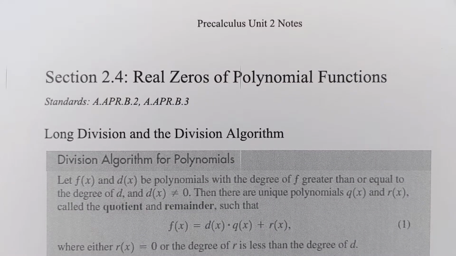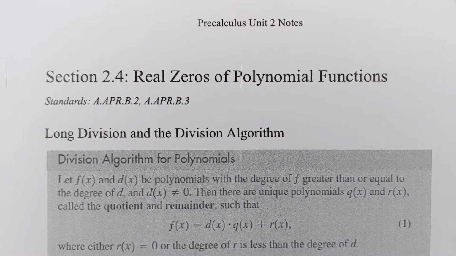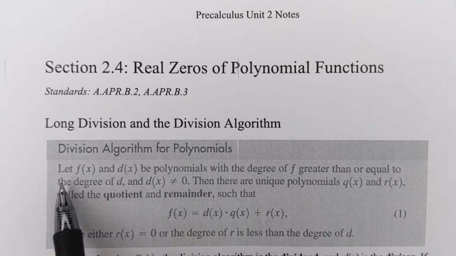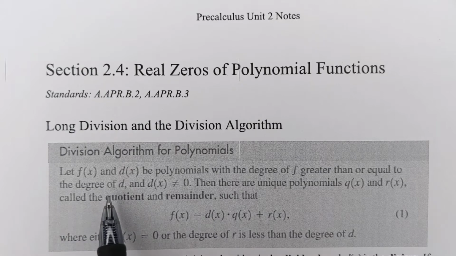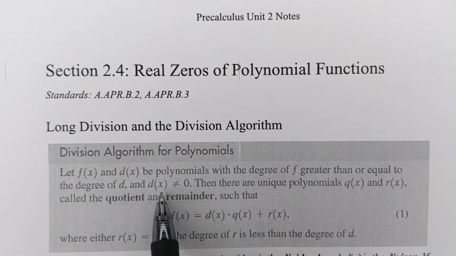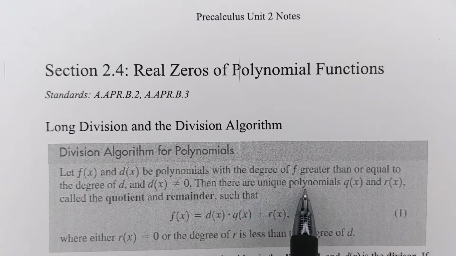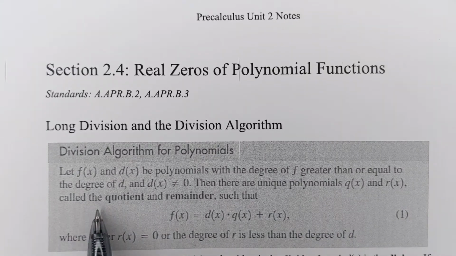Right here, the notes for section 4, real zeros of polynomials. So long division first. Let f of x and d of x be polynomials with the degree of f greater than or equal to the degree of d, and d of x not equal to 0, because you can't divide by 0. Then there are unique polynomials q of x and r of x, called the quotient and the remainder,